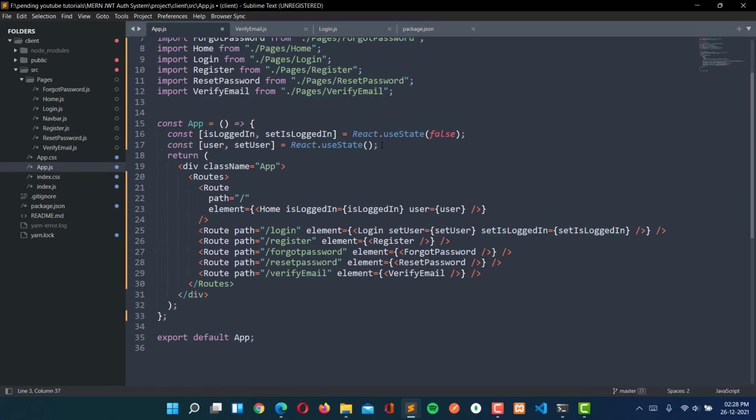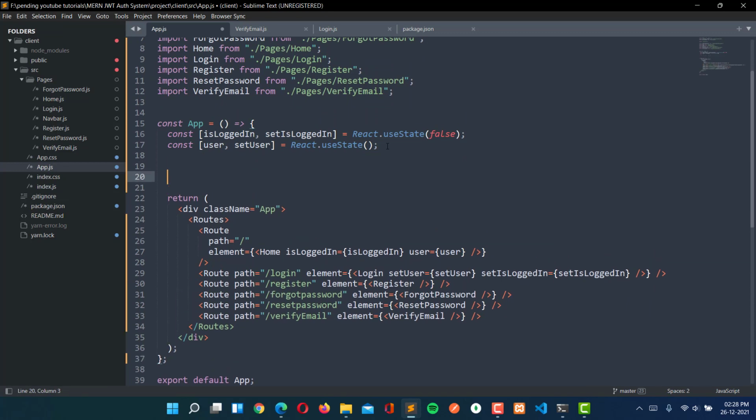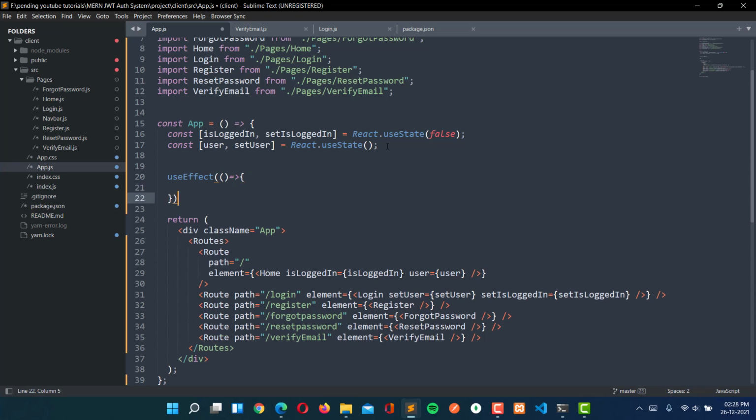Here, first of all, we are going to use useEffect. So we have the useEffect here, and now first of all we will check if the token is present or not. So I'm going to get the token.